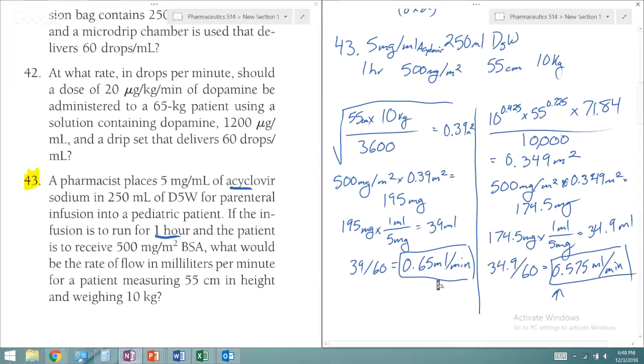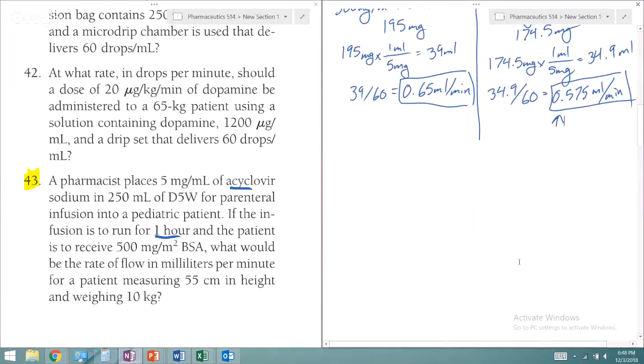But I found that the range of different body surface areas ran from 0.44 meters squared to 0.02 meters squared. And when you do one of those, you'll find that the amount of infusion is milliliters a minute, or it will be 0.73 milliliters a minute. So for me, if I was to write an exam and I had a question like